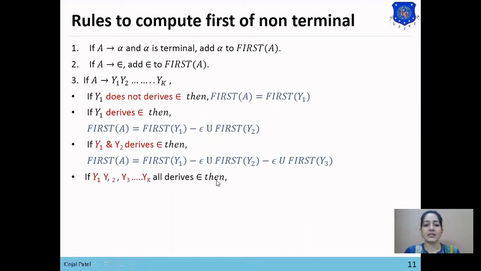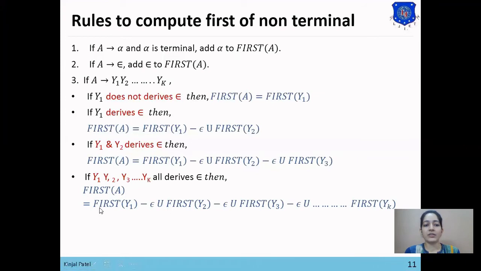And the generalized rule is as follows: if y1, y2, y3 up to yk all derive null, then first of A equals first of y1 minus null, and we will substitute that null with y1. So y2 will become first. So we will also add the first of y2 into first of A, and we will replace that null with y2.